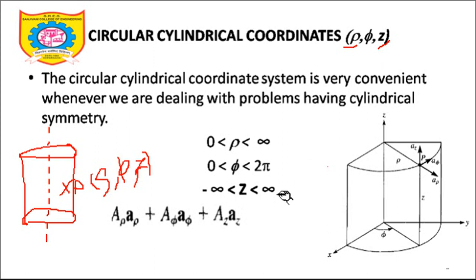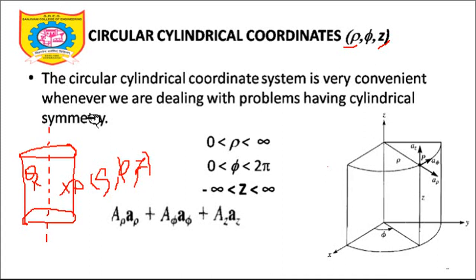So understanding the limits is a very important thing in the cylindrical coordinate system. The limits of rho will be from 0 to infinity, limits of phi will be from 0 to 2 pi, and limits of z will be from minus infinity to plus infinity. So for any point, let's take this particular point Q, the coefficients will be a radius, the angle which is traced by this particular rectangle, and finally the height at which we have located this point Q from the bottom of this particular cylinder.